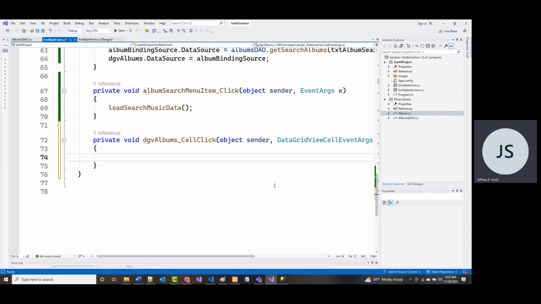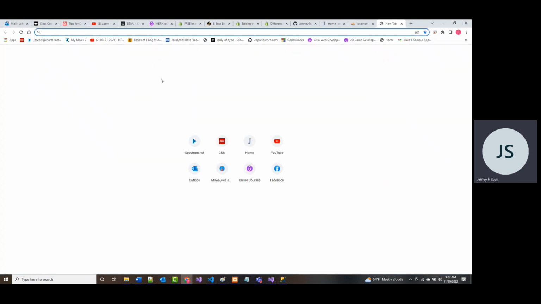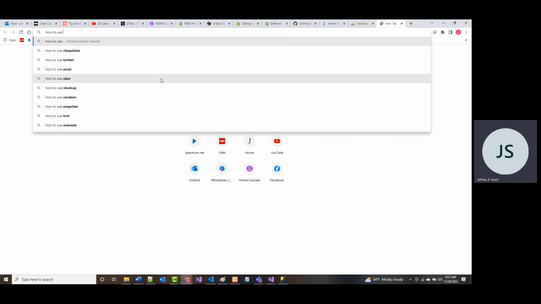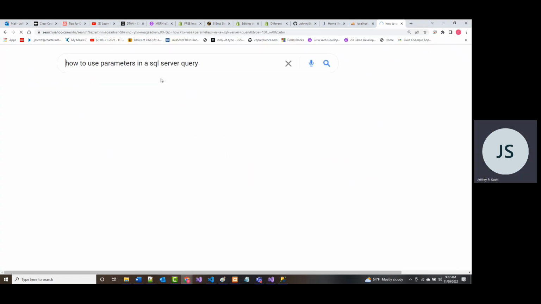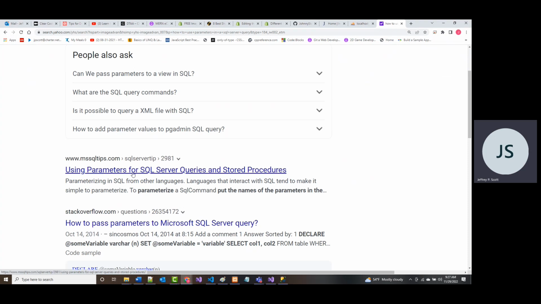All right. And I should mention to you too, because I stupidly did not previously mention this, and that is, talking about Google, that if I do come back in here and I say how to use parameters in a SQL server query, there's a lot of really good material in here.